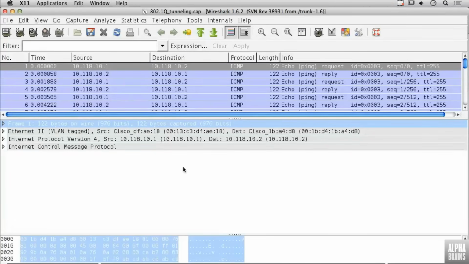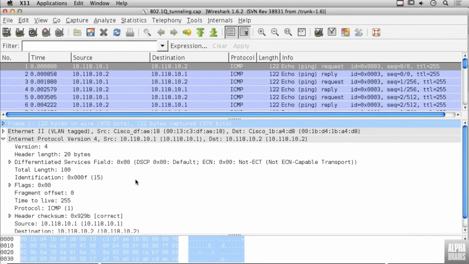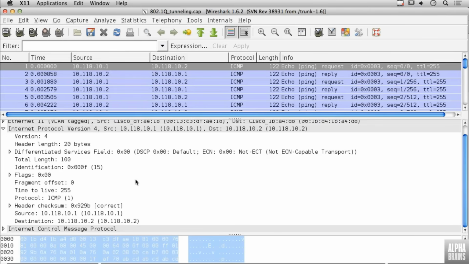In this lesson, we're going to be talking about purposes of the network layer. I've got a Wireshark capture here, and you should be pretty familiar with looking at Wireshark captures by this point. And I flagged one of the packets here in the top. You can see I've got one selected. Now in the bottom window, you can see all of the different headers or portions of that particular packet. So I'm going to open up the network layer portion, and we're just going to talk quickly about the purposes